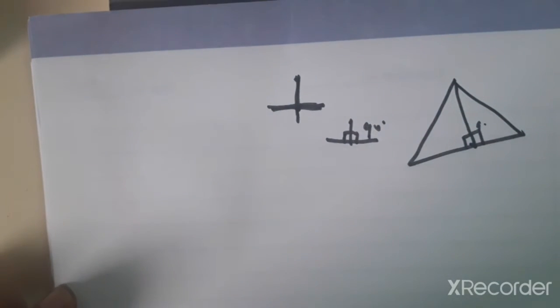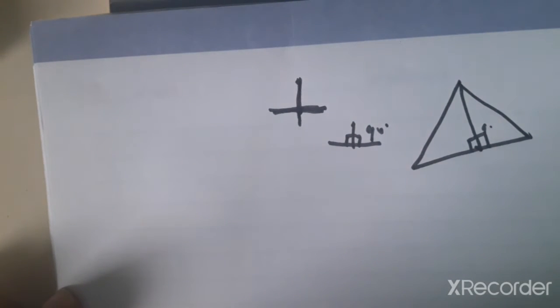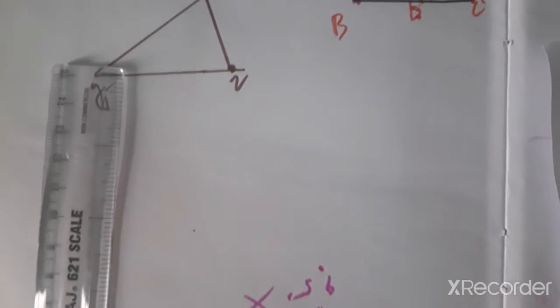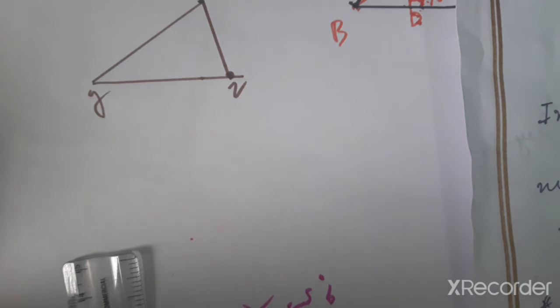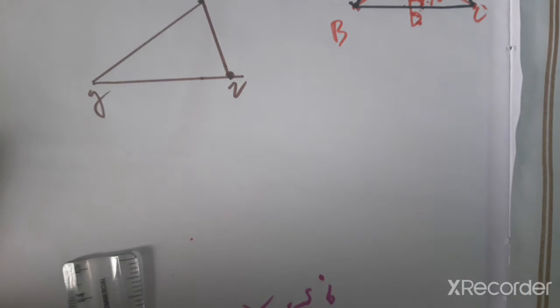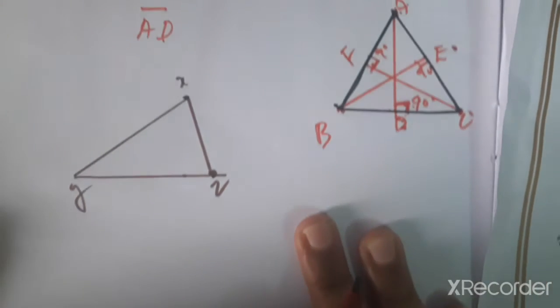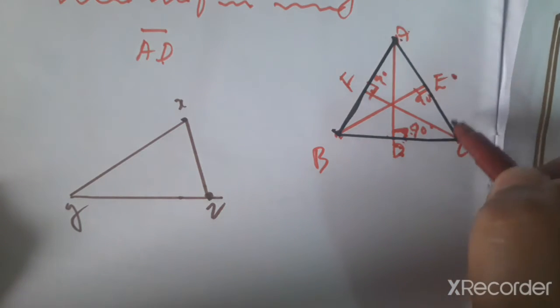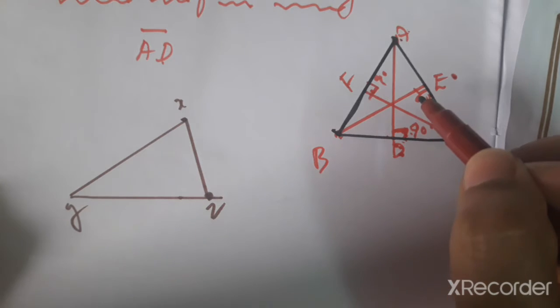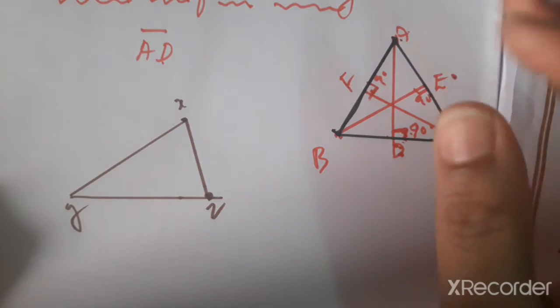Now the next topic is the altitude of a triangle. An altitude has one endpoint at a vertex of the triangle and the other on the line containing the opposite side. From each vertex an altitude can be drawn. Here, if the triangle is equilateral, meaning all sides AB, BC and AC have the same measurement, then an altitude and a median are the same.